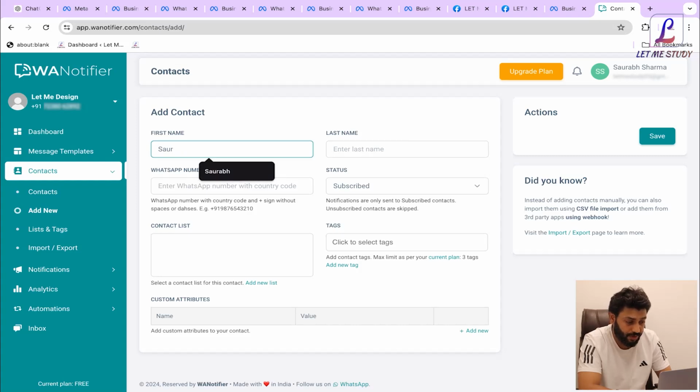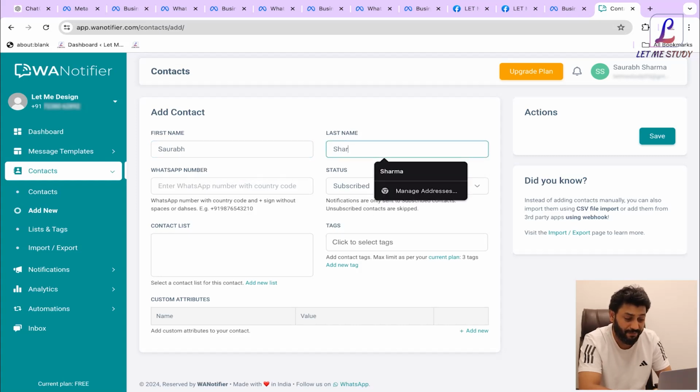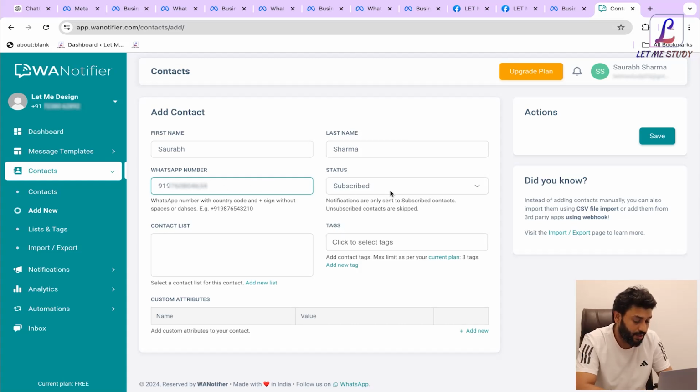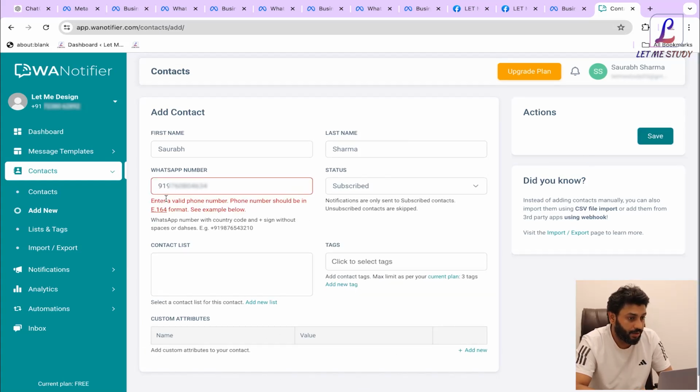My last name. So here I'm just adding it manually. But if you're adding a CSV, you can add 5,000, 10,000 contacts in a single tap. Okay, so enter WhatsApp number with country code. So that means it's 919760804634. Subscribe, contact list, like if I need to add any tags which I want to make, and after that save. Okay, so it is saying all right, there should be a plus sign. I just forgot it. Okay, so let's save it,